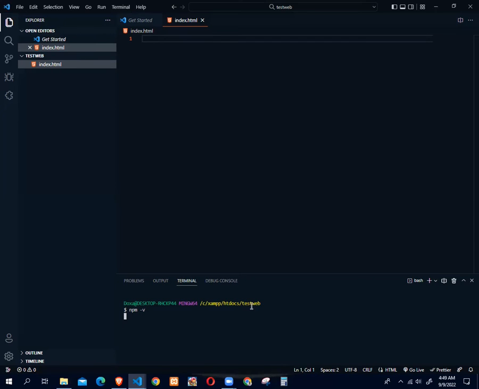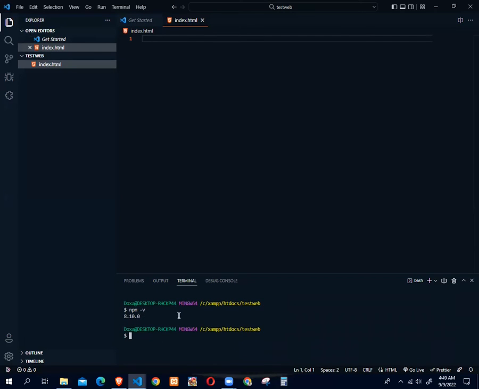So it will take some time, as you can see, but not much. So you just give it time to work. It just depends also on the speed of your computer. So as you can see, the version of my npm is